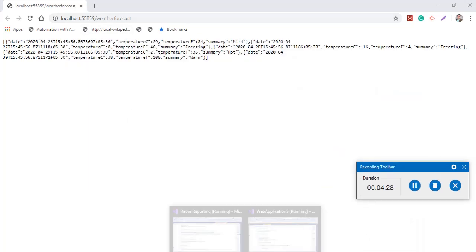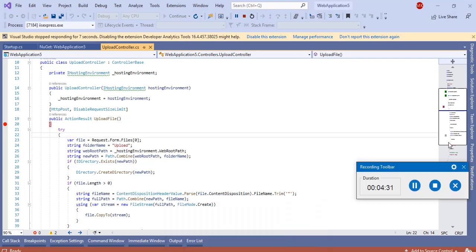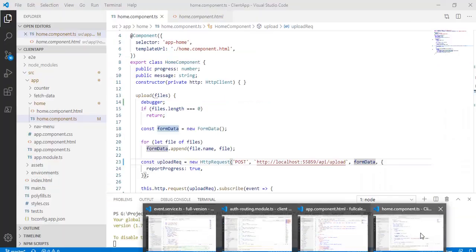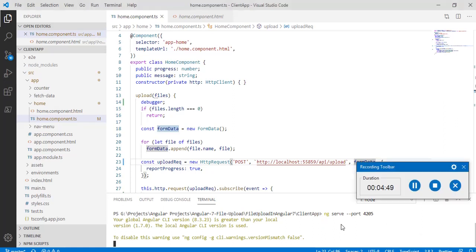And I also did some things for CORS, basically. So in startup, I wrote something for this particular API. So you can see when a request comes from 4207, I think this will not work right now because I changed my port. So let me change to the new port here.